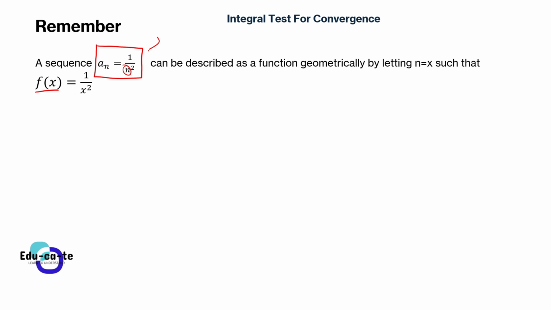So you have just used this rule or this pattern to be able to draw a function in the geometric space. In this case, you have an is equal to 1 over n squared, and you have replaced n with x because you want to make it a function. You want to draw it on the xy Cartesian plane. That's why you have replaced n with x, but the pattern is still the same: 1 over n squared becomes 1 over x squared. So now when you have made your function as an equation like this, you can draw it and represent it on a 2D Cartesian plane, which has the y-axis and the x-axis.